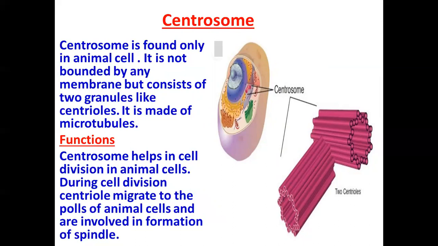During cell division, centrioles migrate to the poles of animal cells and are involved in the formation of the spindle. Clear? That ray-shaped structure is formed when they migrate towards the poles, that means towards the corners. In plant cells, it is the polar caps that perform this role in spindle formation during cell division. Therefore, each cell acquires its distinct structure and function due to the organization of its membrane and organelles in a specific way. Clear?